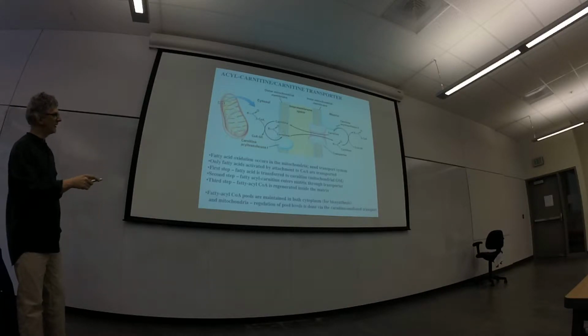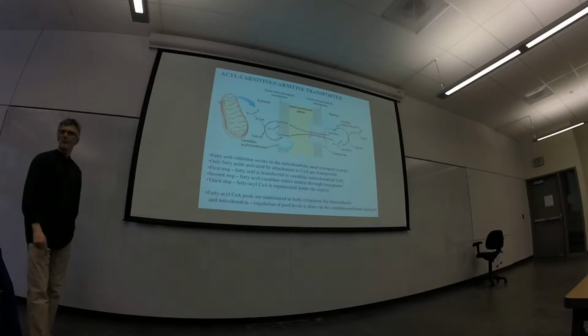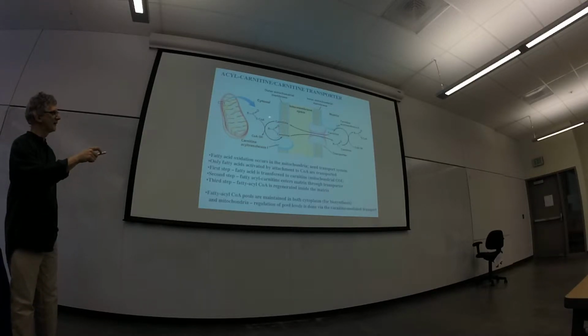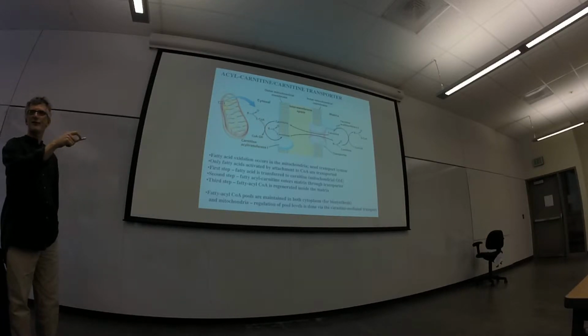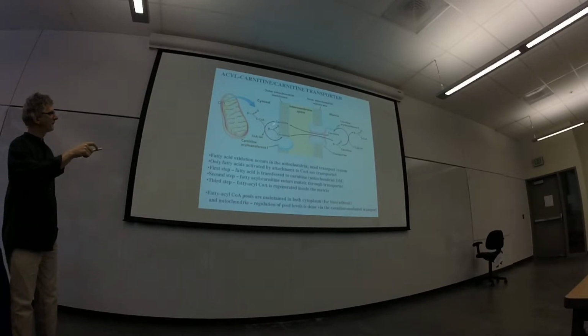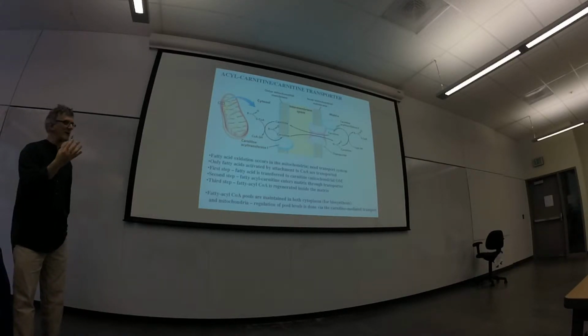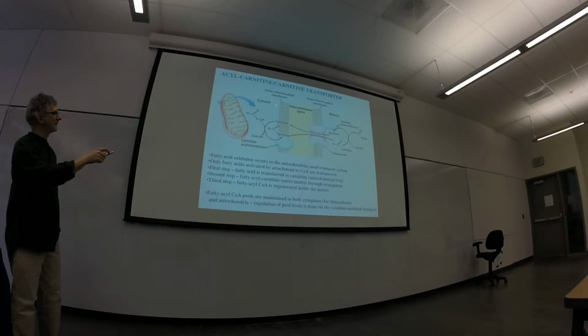And so the way to do that is that there's a specialized transport system. And this is how fats are regulated between being synthesized, which happens in the cytosol, and being broken down in the matrix. Right? So normally this is where fatty acids get synthesized, but it's also where we bring them in from the outside. So as we bring them in, we want to rapidly esterify them to CoA,